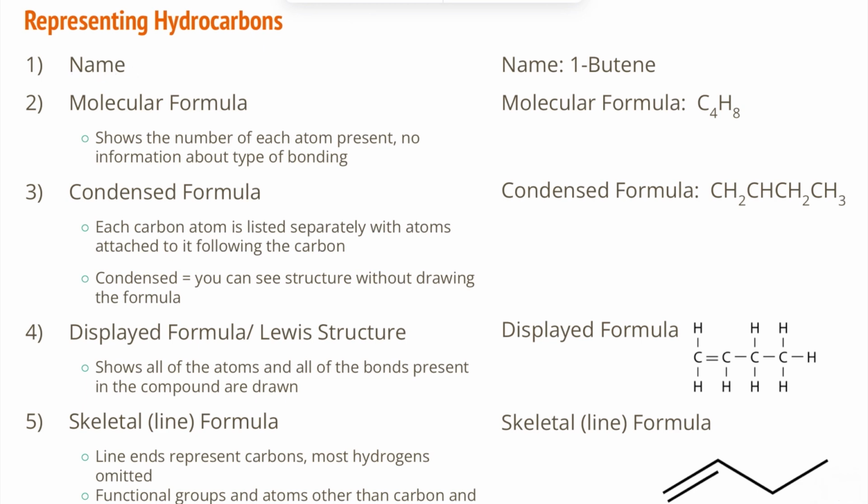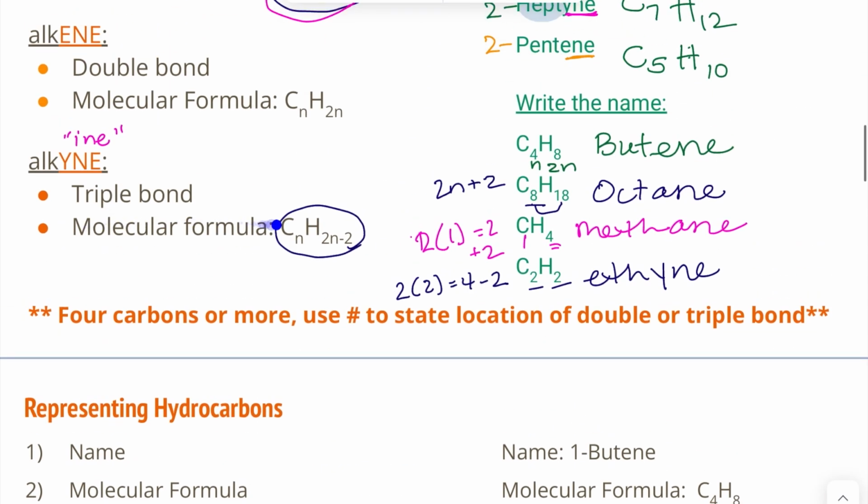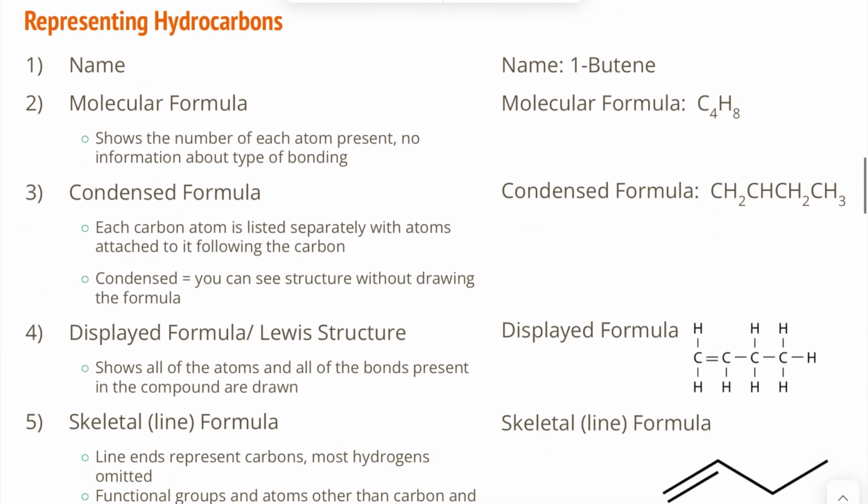So we have the name, which we talked about, and we have our molecular formula, which is what we were looking at earlier. Those molecular formulas are ways we can identify what type of bonding there is. A molecular formula shows the number of each atom present. There's no information, though, about the type of bonding. We just list all of our carbons and then all of our hydrogens, grouping everything together. If we have 1-butene, that means there is a double bond somewhere in my chain, and I can't tell where that is just based on my molecular